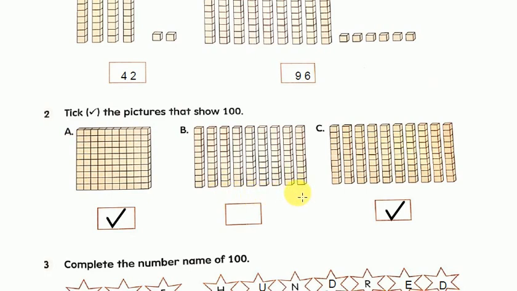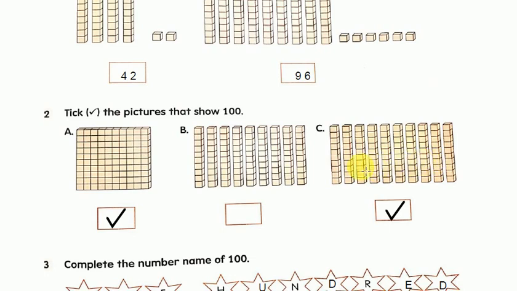As I told you in my class, one flat block is 100. 10 blocks is also 100, and 100 small square cubes are 100. So let's count. There should be 10 blocks. All of you count picture B and tell how many are there. In picture B, you find only 9 tens blocks. So you cannot call this 100. There should be 10 blocks.